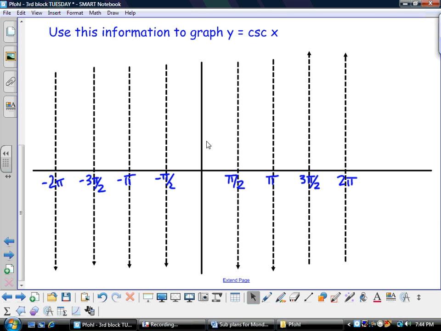Sine graphs go between 1 and negative 1. And I actually want to make a dotted line at 1 and at negative 1. Sine graphs start at 0, they go up,